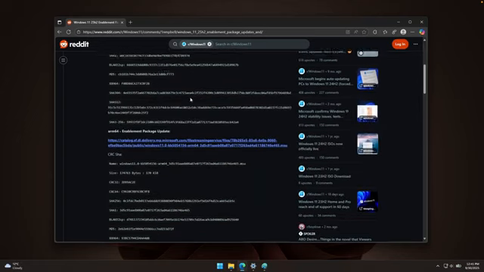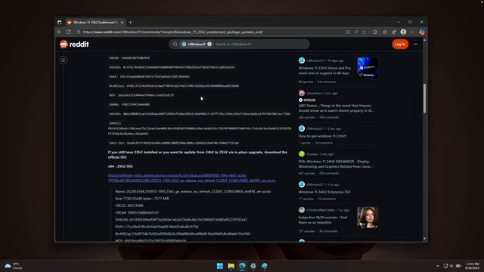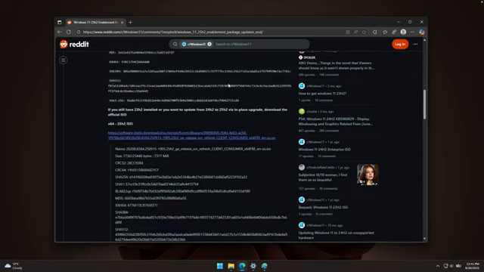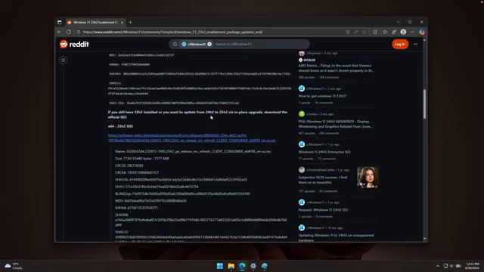Now, one thing is also important here, that down below we can find the ISO files as well. For example, if you have Windows 23H2 installed on your computer, you cannot use this enablement package. You will have to use the ISO file, and that way you can also get this latest version,